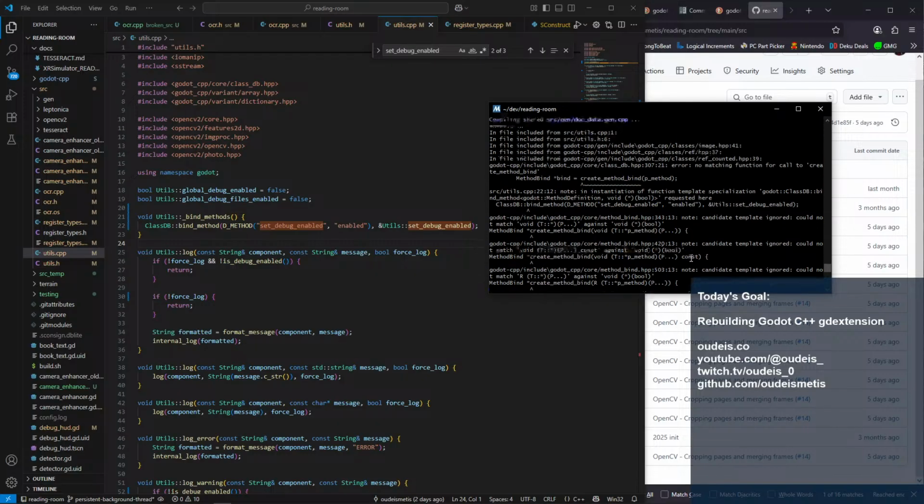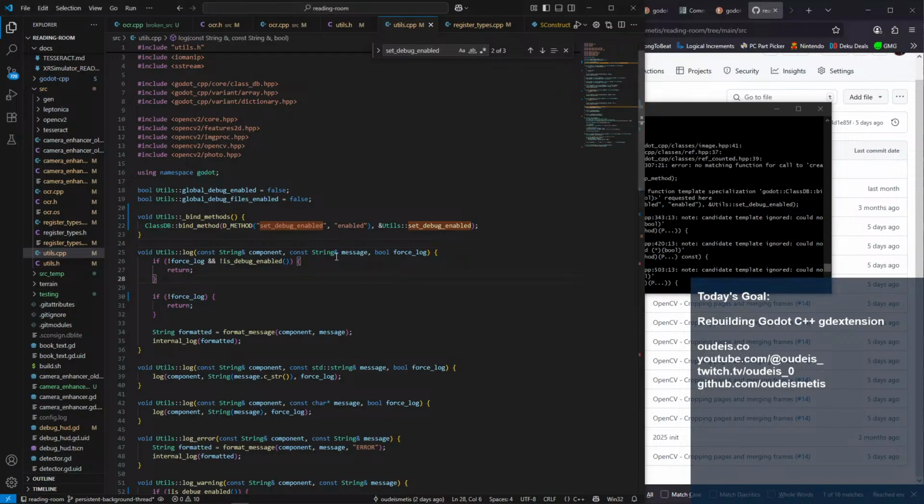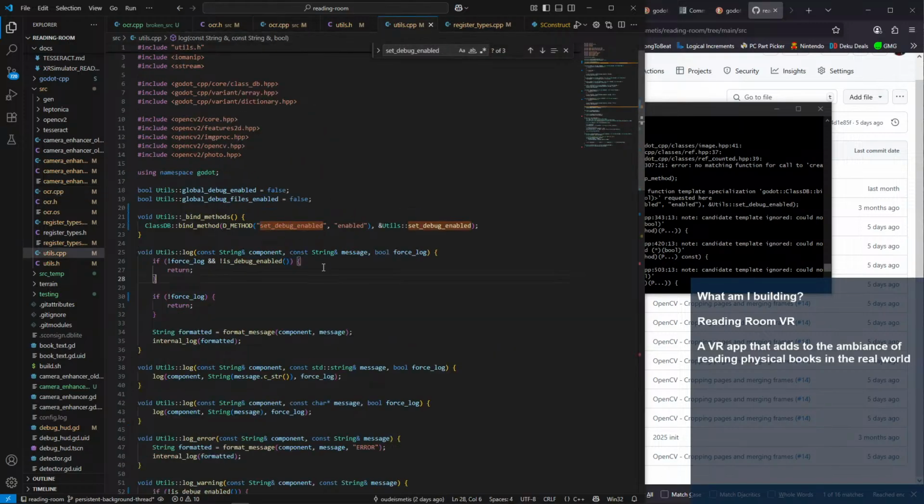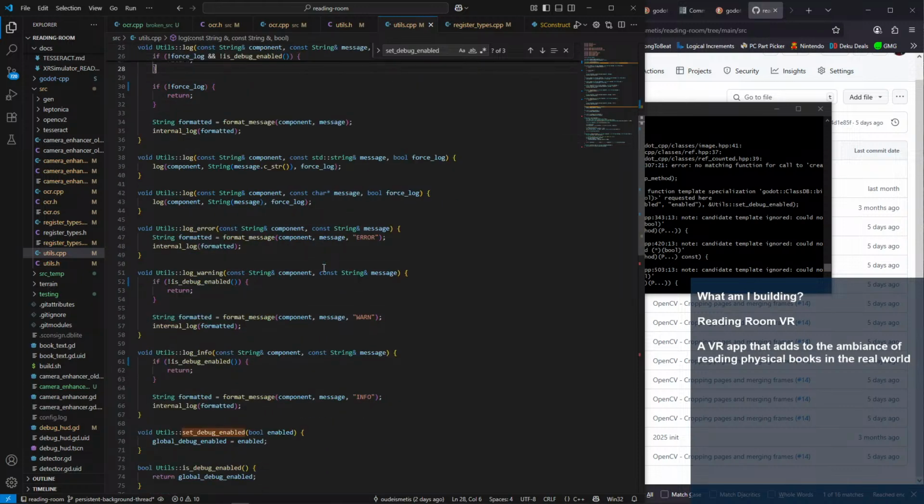Create method. So what was this one? This is extract text. It's just void OCR, right? Does it have to be a class method, maybe? Yeah, it's a void utils set debug enabled.